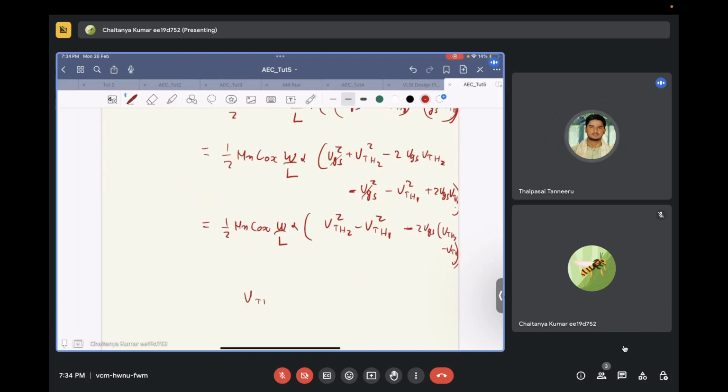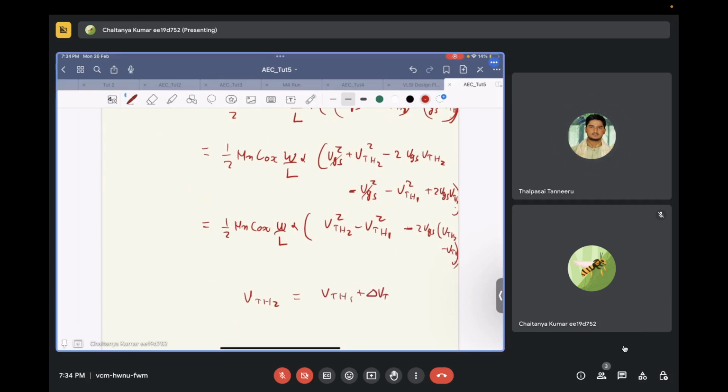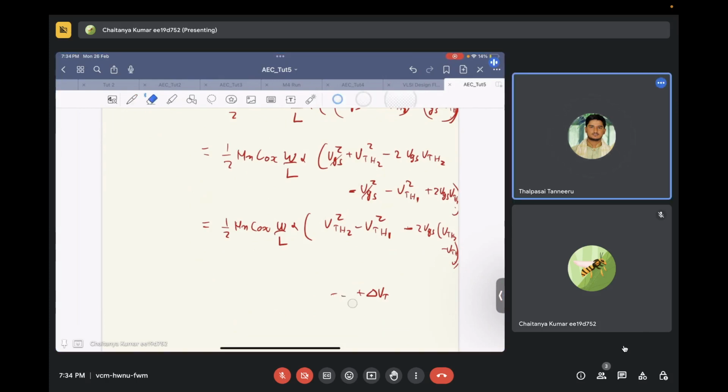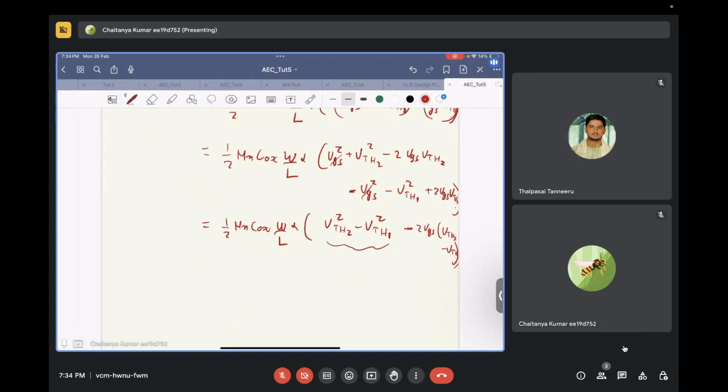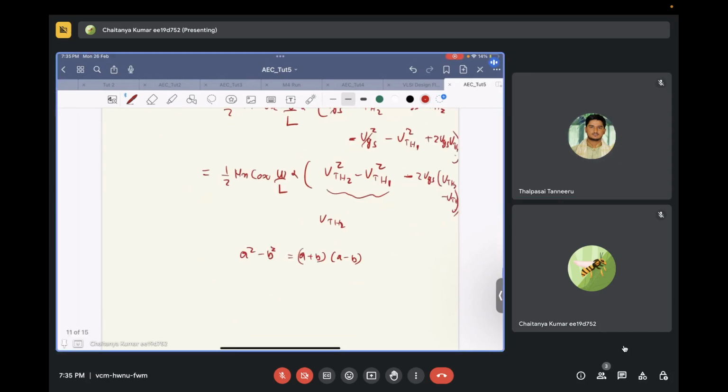Now let's say VTH2 is equal to VTH1 plus delta VT. Sir, here we can take VTH2 minus VTH1 common. What you can do is this thing can be written as... what is A square minus B square? A plus B into A minus B. Yes, sir. Okay. So from here, what you get is half mu n Cox W by L times alpha